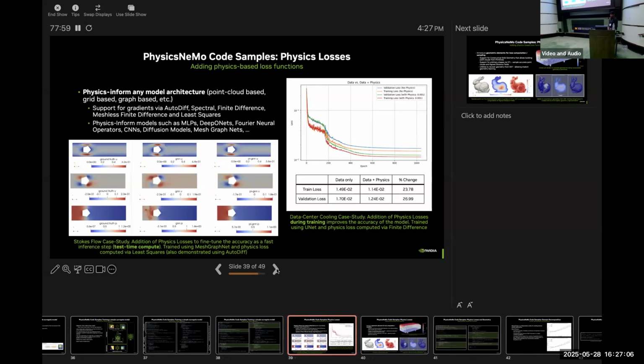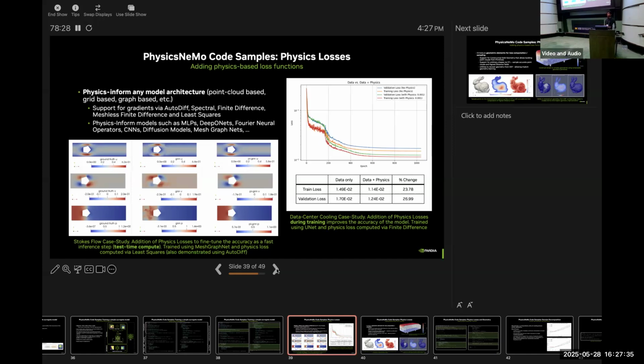One of the next applications that we'll see is physics informing these models. So a lot of these problems are, I mean, by now you must be aware, rooted in partial differential equations. You know, there are some governing equations that have been executed by the simulator to come to that answer. And so it would be nice if the model prediction respected that.